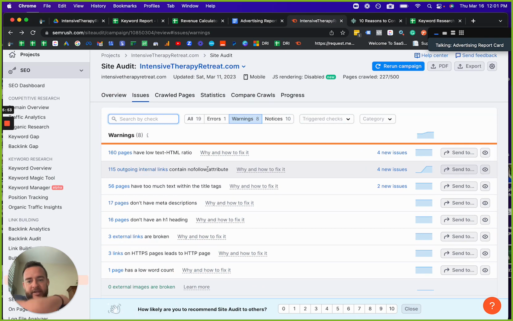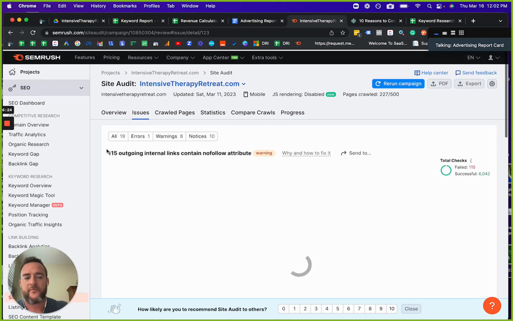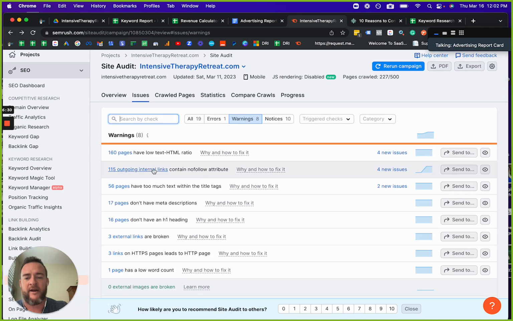Outgoing internal links. This is not a bad thing for your site because you're linking out to a lot of other resources. If you were just a small local business and your goal is to only get links coming into your business, that's one thing. But if you're giving proper resources and showing your customers or people interested in your service items that they could then pursue or things that you recommend, this is totally normal in the medical space for outbound links. You can keep a look at what these are by going through the site because we have this in a report that you can take a look at. But the main thing is just wanting to confirm the point of why you have those going outbound.